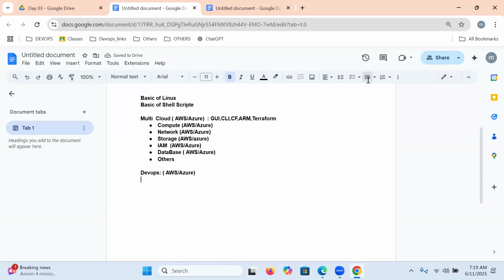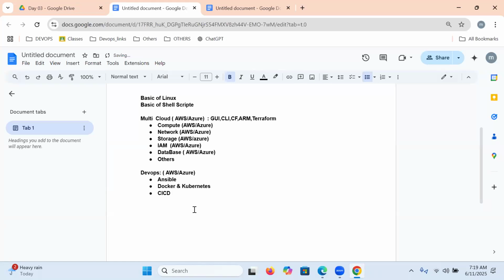But in this, which are all the models we're going to cover? Ansible, Docker and Kubernetes, which we call K8s also. And the CI/CD model.